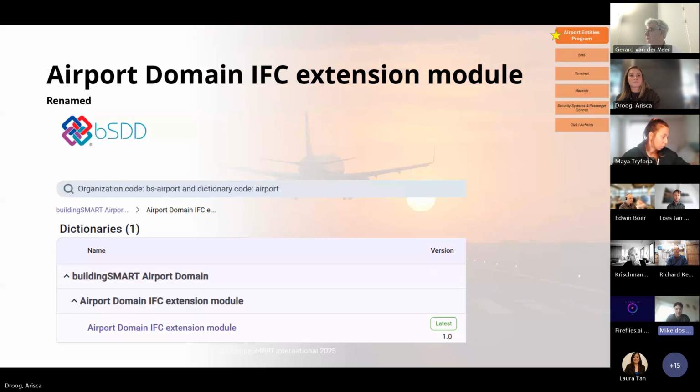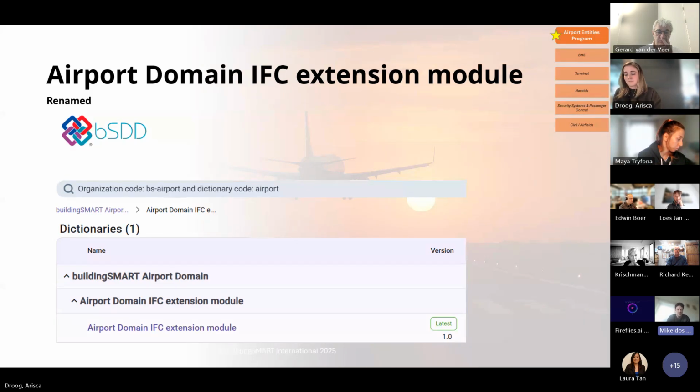Currently, we're focusing on BHS only. Of course, BHS is not everything within an airport, but you have to start somewhere. And so the current focus is BHS, and then in packages, we will learn from BHS and we will add other packages such as airfield lighting, navaids, and all these airport-specific things. So what you're looking at now is the